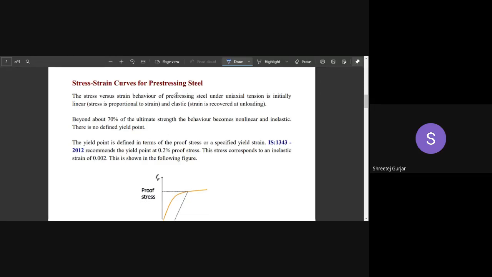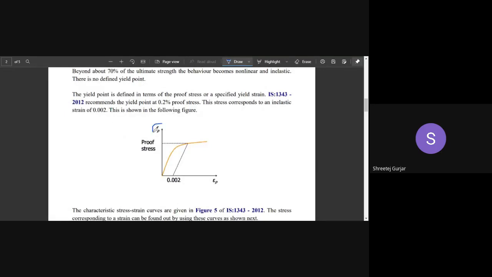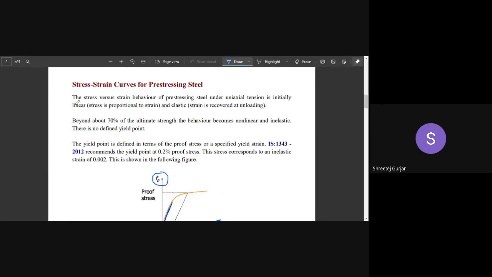You can see this is the stress axis, and this is the strain axis. Initially it is straight, linear and elastic. So that is what is told in this statement. Remember, under uniaxial tension, the stress versus strain behavior is initially linear and elastic. Beyond 70% of the ultimate strength, as we go on increasing the load,